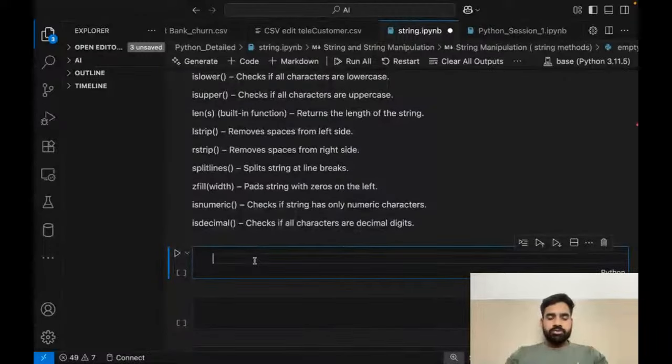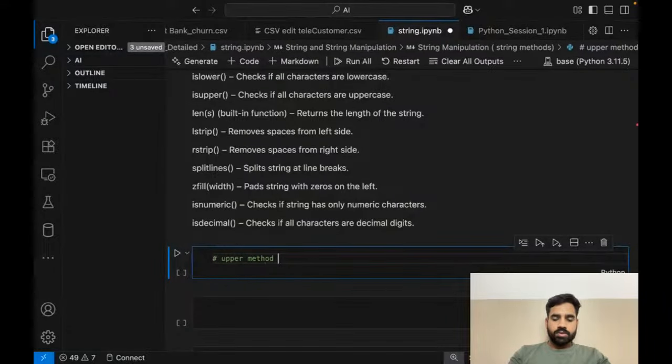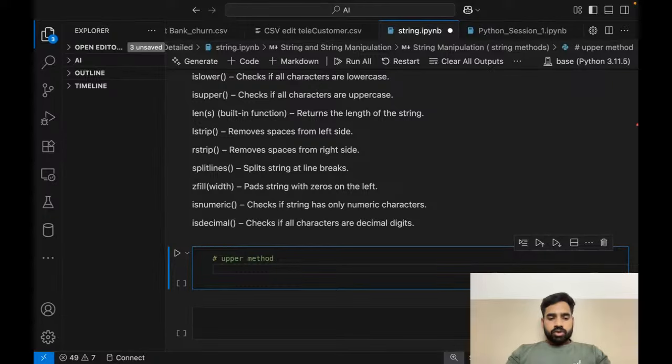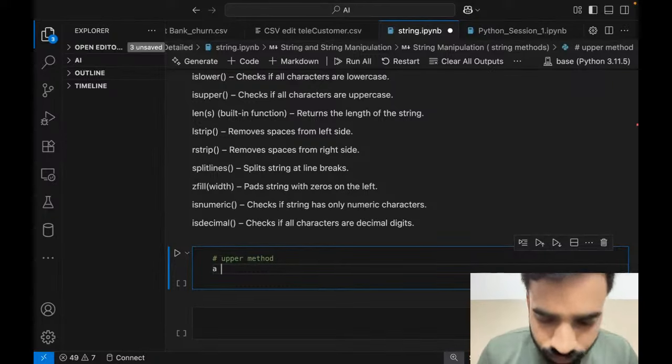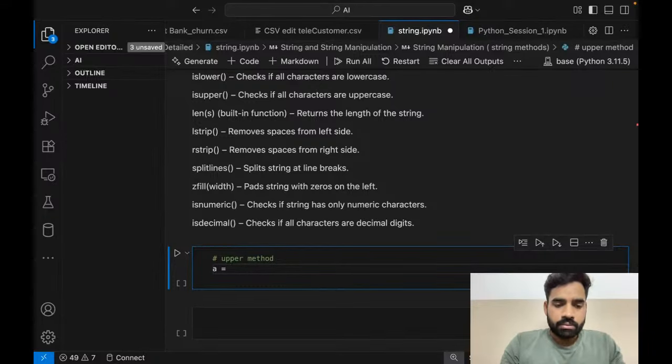So let's start with the first method, that is the upper method. For that, I have to define one variable, and into that variable I have to define one string. Suppose I have defined